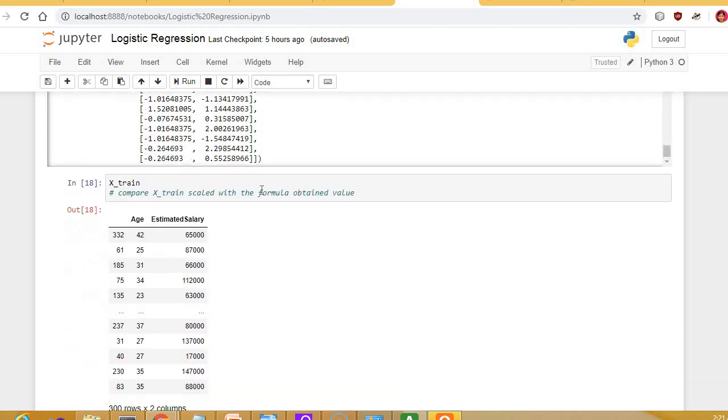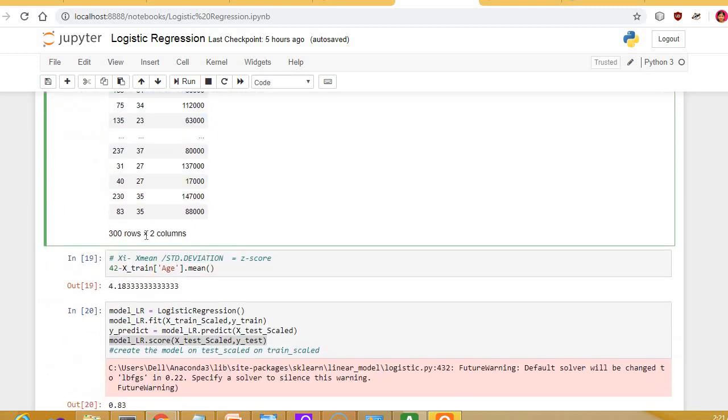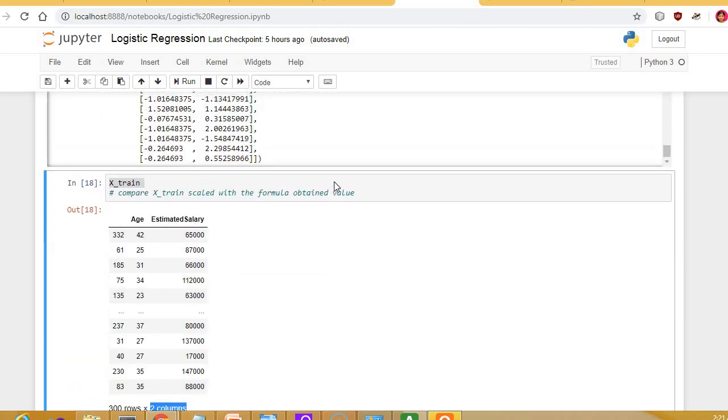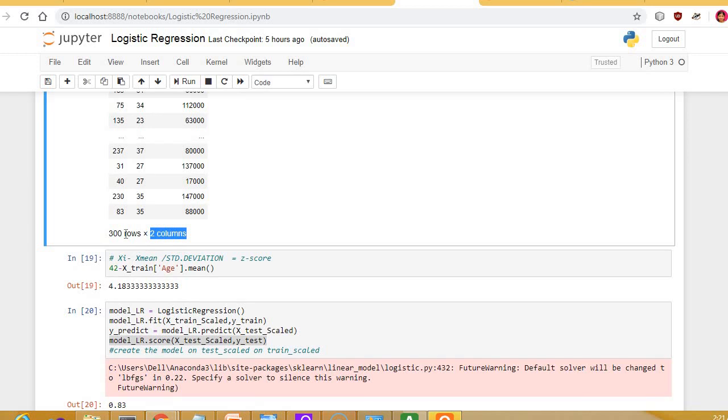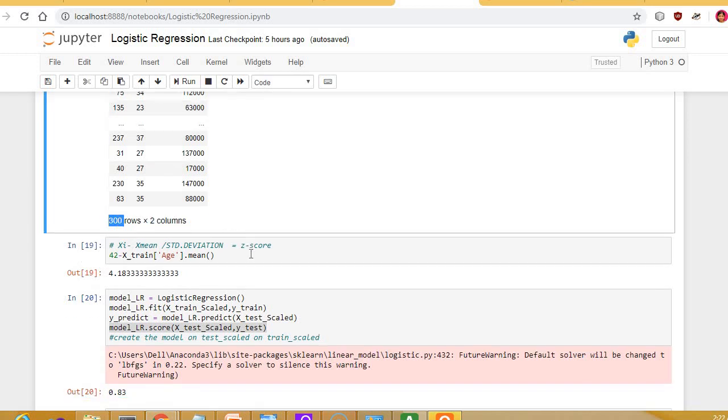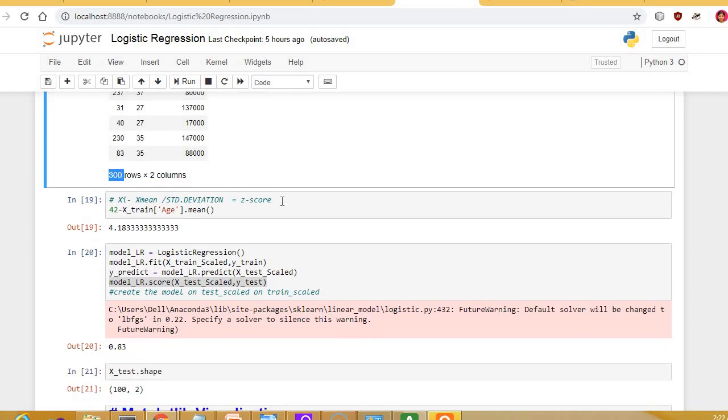After that we will train. What are the x_train values? You can see here, 300 records with 2 columns. What are those 2 columns? Age and estimated salary only. Now we will calculate the Z score.